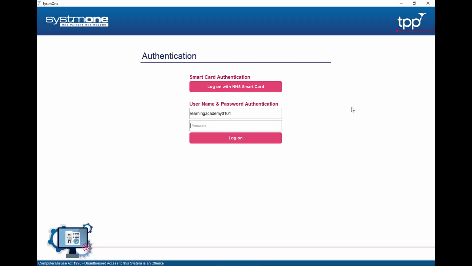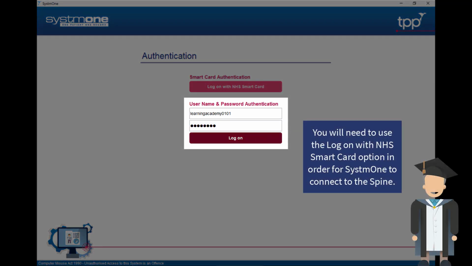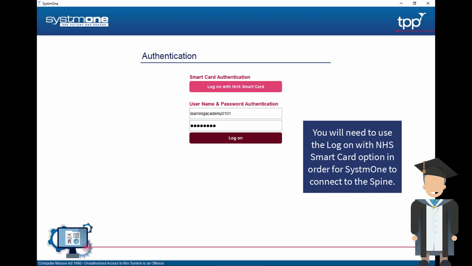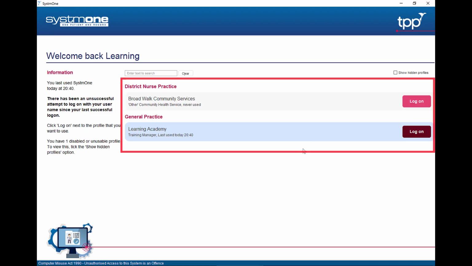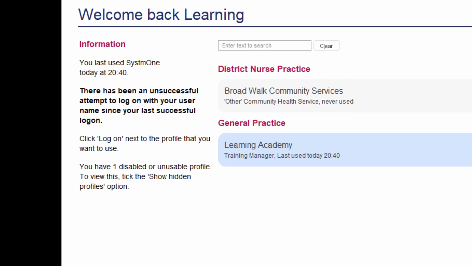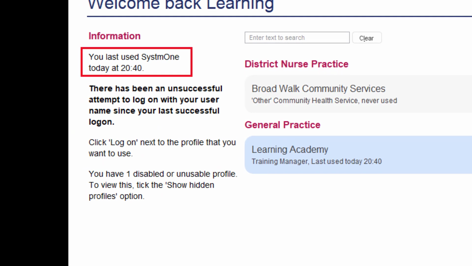If you don't have access to a smart card, then enter your SystmOne username and password in the required fields and click Log On. Once you have logged on, you may be presented with a list of organisations that you can log on to. On the left, you will see a message informing you of when SystmOne was last accessed